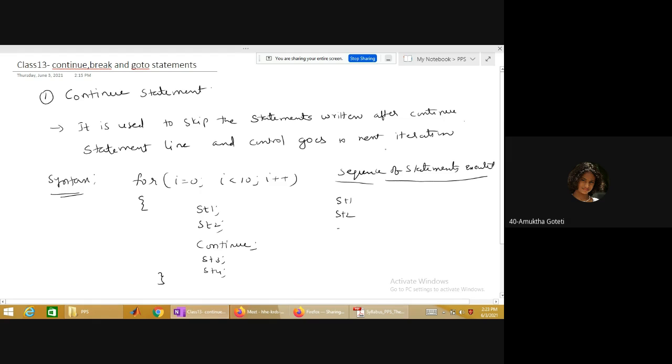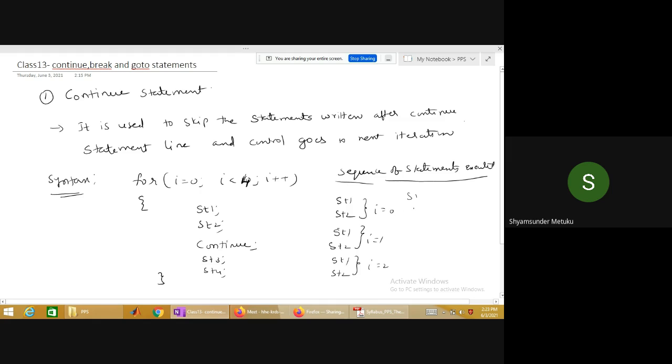Yes, sir. So when i gets incremented, 1 less than 10 will be true. Then what will get executed next? Statement 1. So it will be repeated. How long will it repeat? Till i is not less than 10. So these two for i equal to 0, these two for i equal to 1, these two for i equal to 2, like that. How many times? Let me take 4 only instead of 10, so let me write 4 here.